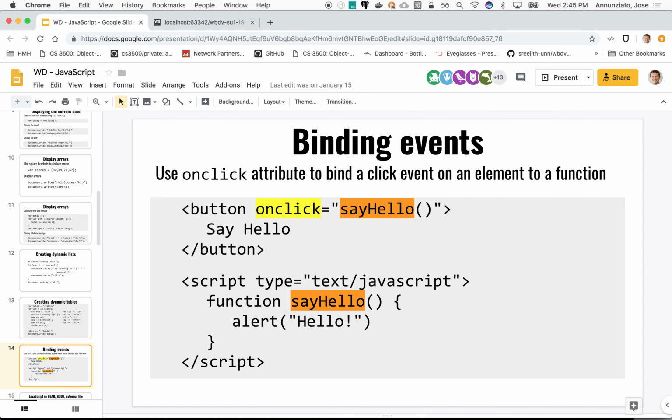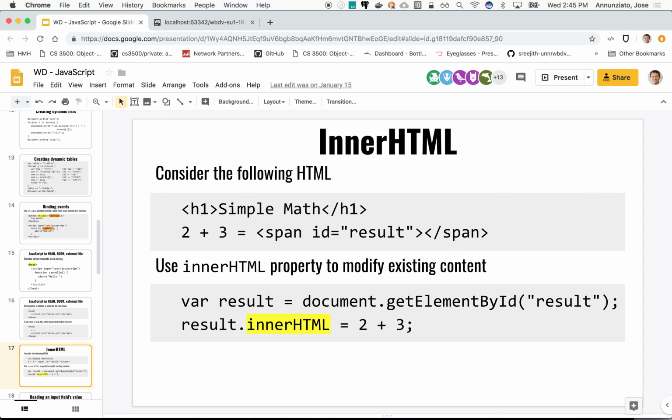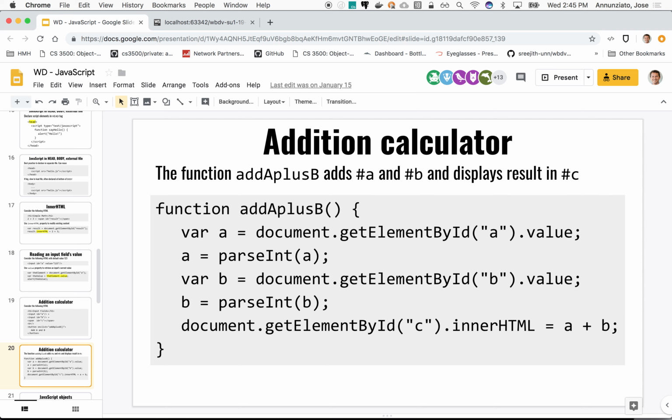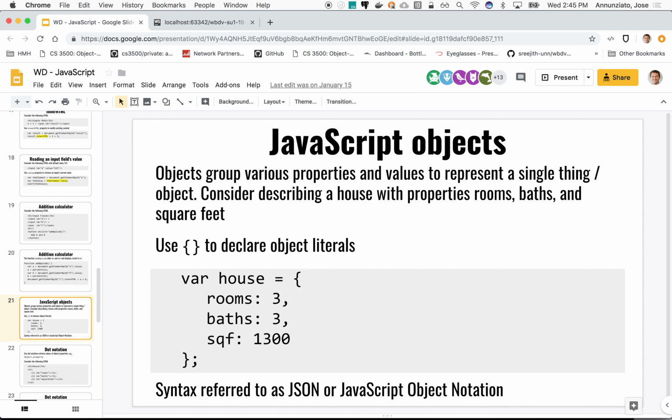Let's see, any other? Simple math, reading, adding, so a very simple addition calculator. Again, way too low level. Add plus. Okay, the only thing that I do want to point out is this data format, okay, which we're